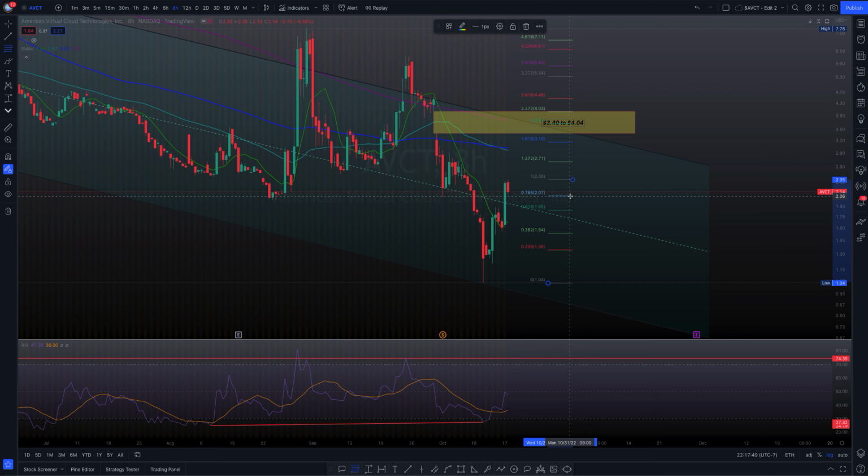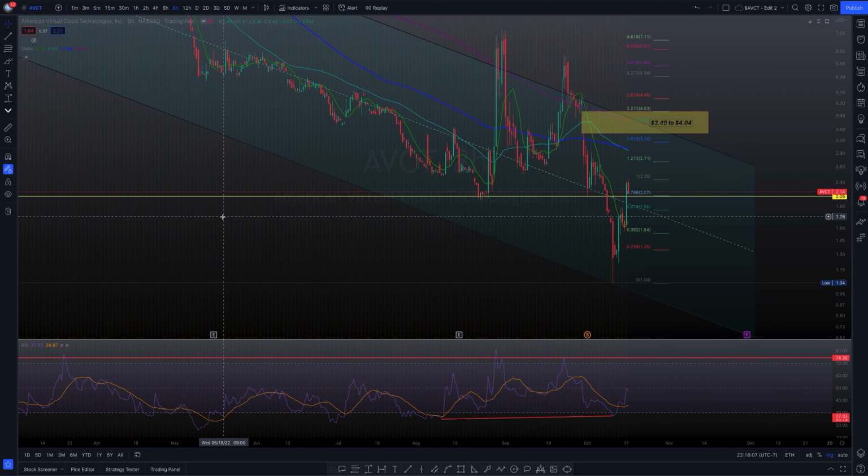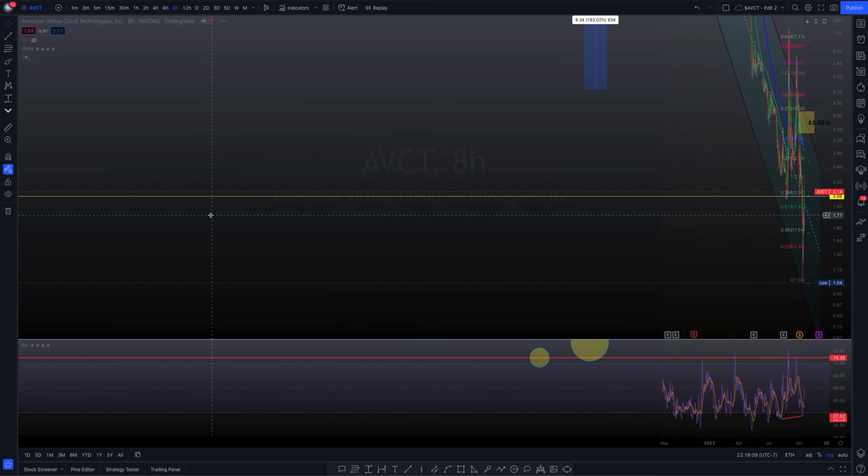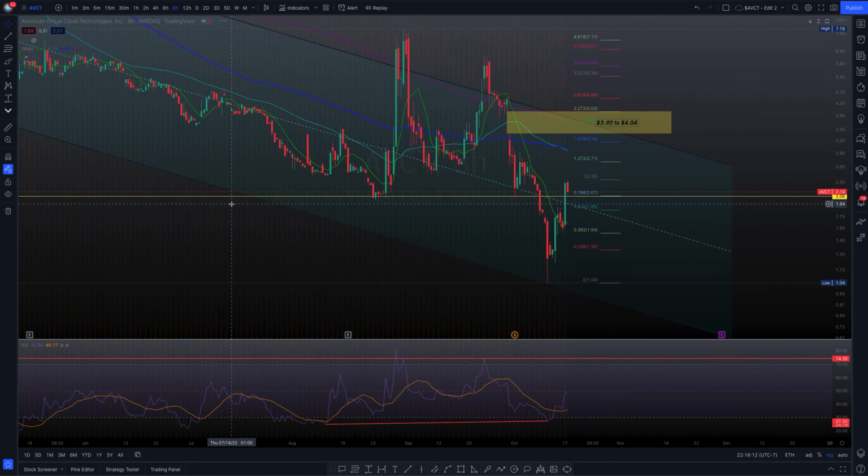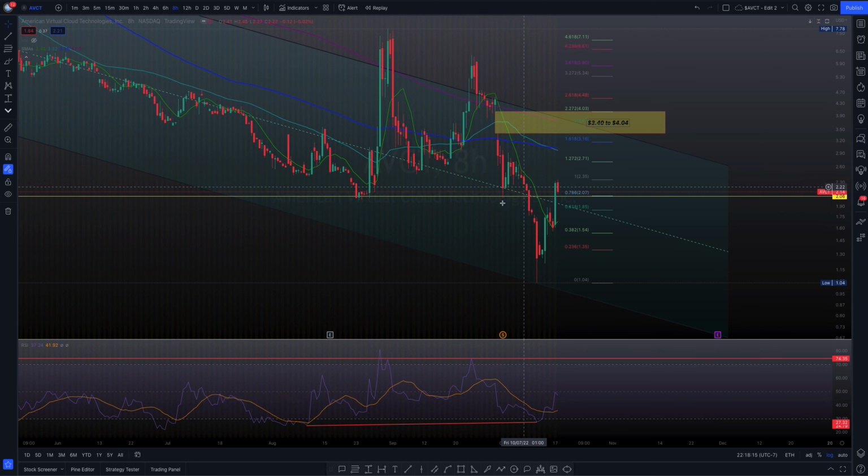The 207 lands. Let me just draw a trend line here so that you can see how relevant that 207 is. This 207, wow, we could barely see that thing. Let's just make it yellow real fast. You can see that we're touching right there. We're touching right here. Now, there's probably not going to be anything historically too much because we're at critical low levels right now. But this is a pretty strong support. We're looking at support not only from these previously used support areas, but also because it is the 786 fib